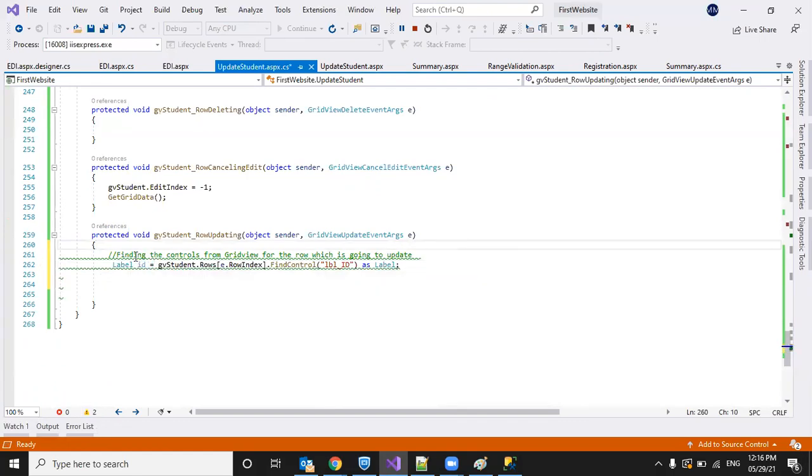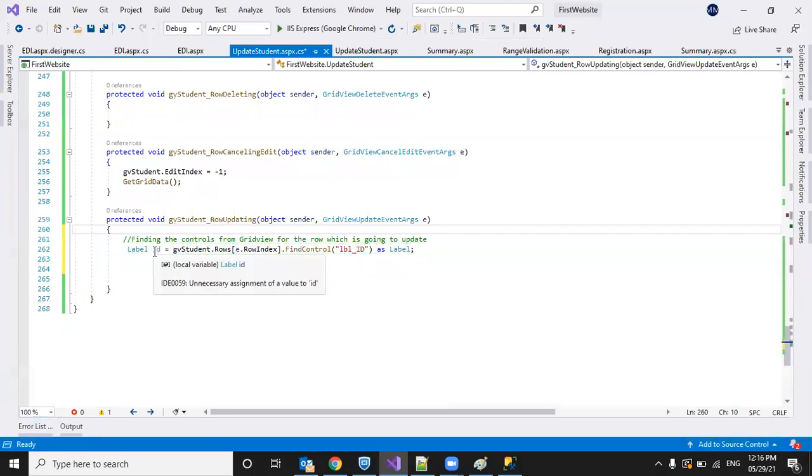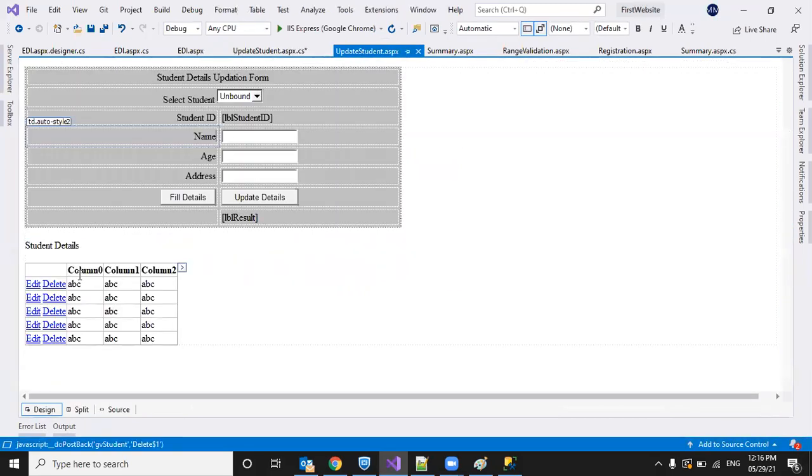First we have to get that label ID value, for which student ID we are editing the row. In edit mode we will put ID as a label. We don't provide it as a text box, we provide it as a label.